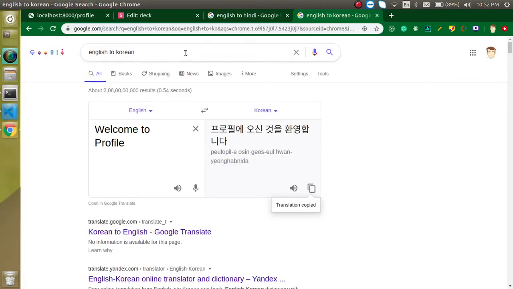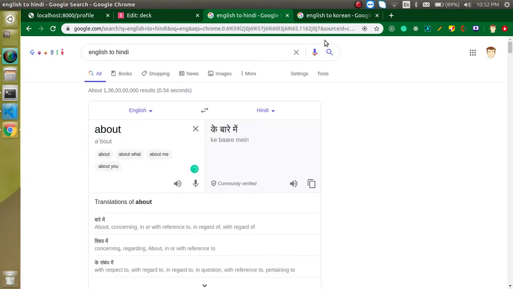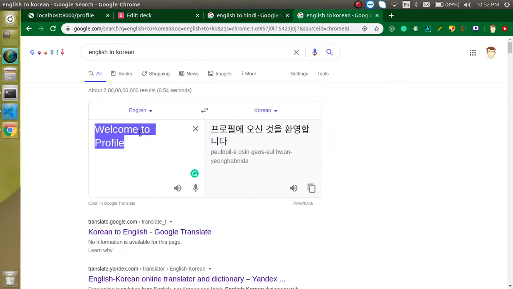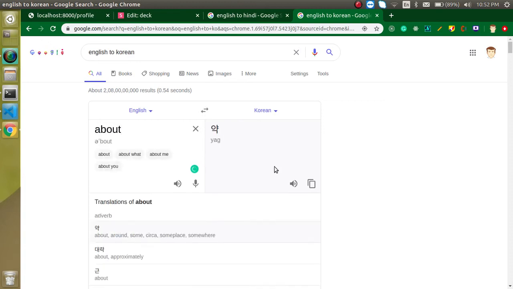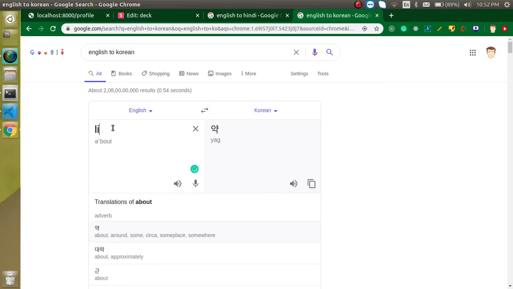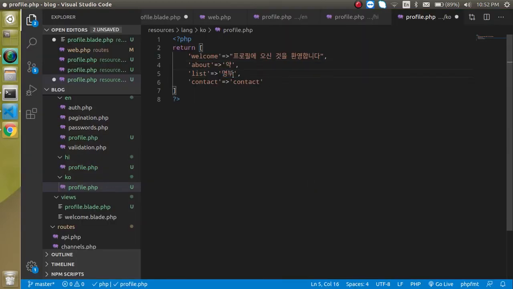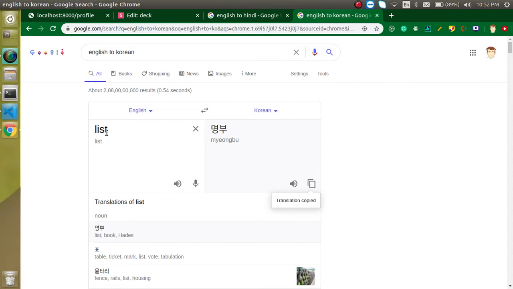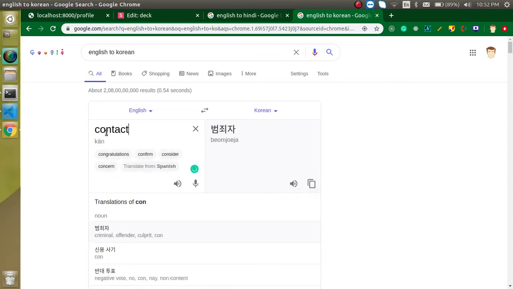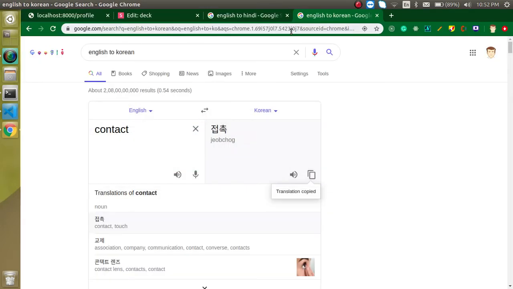Now let's just convert the about, and let's convert it in the about again. Then let's define a Korean here, then about list, copy it, paste it, contact, right? And guys, maybe you think that localization simply means that it will automatically convert from one